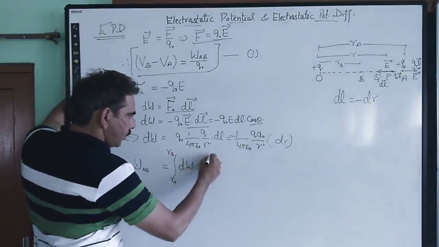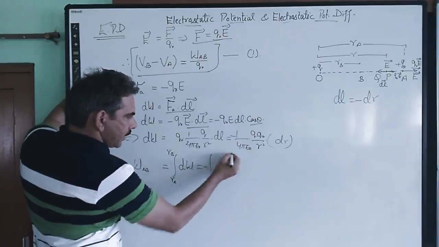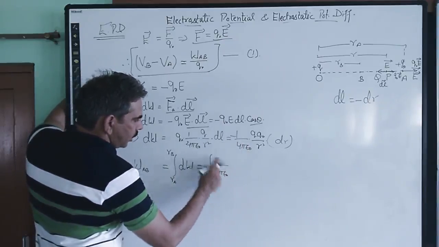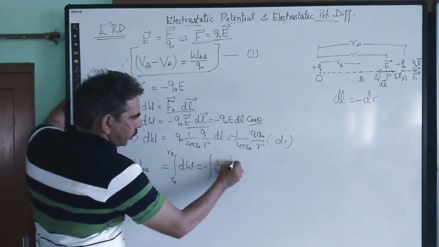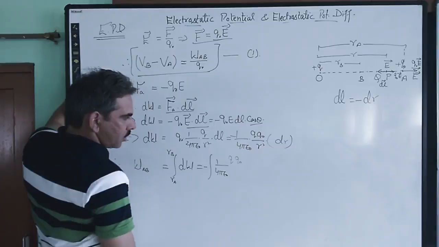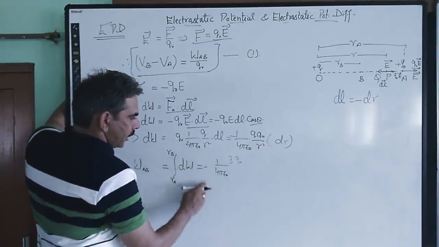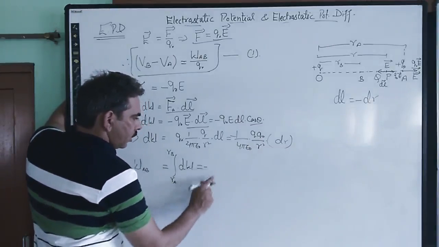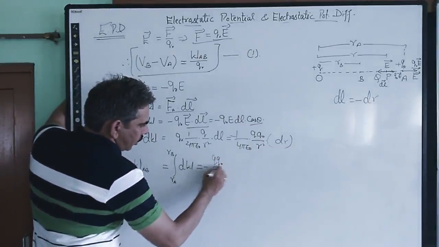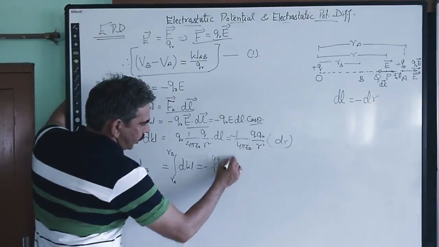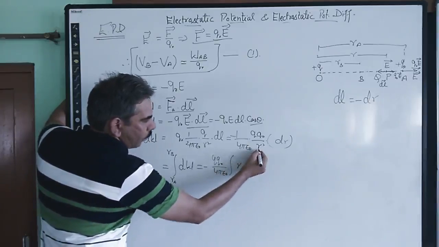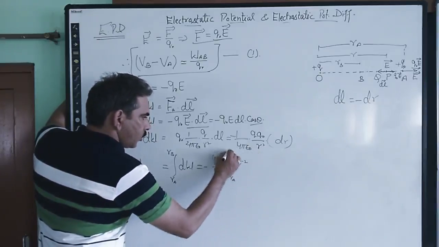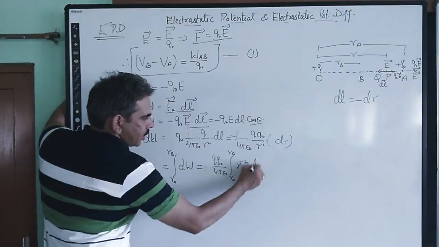So this is equal to integration. Here comes the minus sign. We substitute the value here, so it becomes 1 upon 4 pi epsilon naught, which is a constant, Q into Q naught, which is also constant. The only term which is left, so I am writing the constant terms out of the sign of integration. So it is Q naught upon 4 pi epsilon naught into, within the integration we have R. 1 upon R square means R to the power minus 2 from RA to RB, and this is dr.